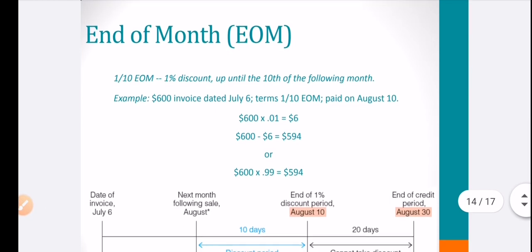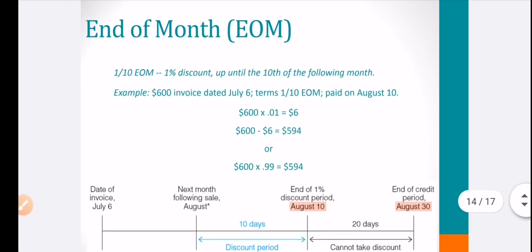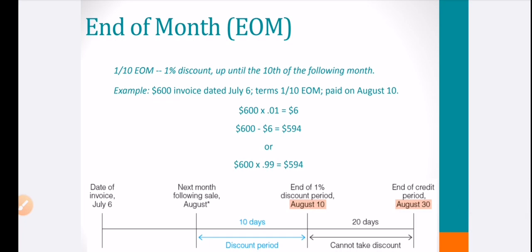End of month, another method. Okay, 110, end of month, 1% discount amount up until the 10th of the following month, not the current month, or not from the date of invoice or from the date when I receive the item. It is from the first day of the next following month. For example,